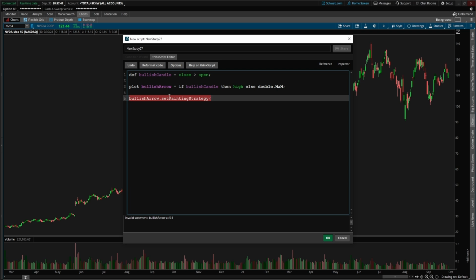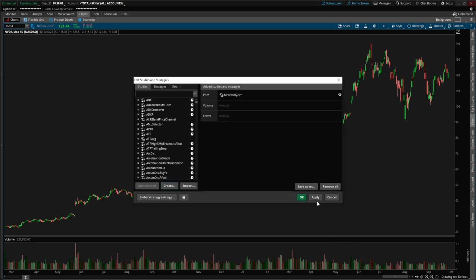PaintingStrategy, which is also a data type that has constants stored inside of it. So in order to call those constants, what do we need to use? Again, dot notation. So I'm going to type in PaintingStrategy dot ARROW_DOWN, close our parentheses, end our line of code with a semicolon. If I now hit OK and hit apply, you will now see that on every single green candle, we are